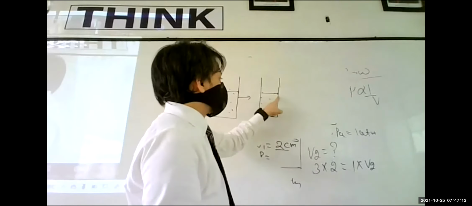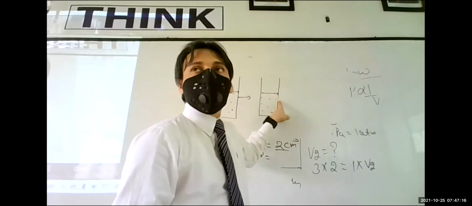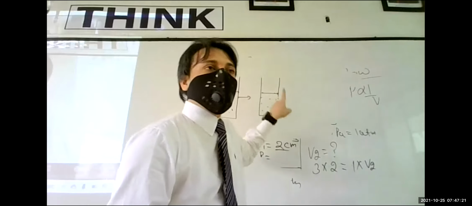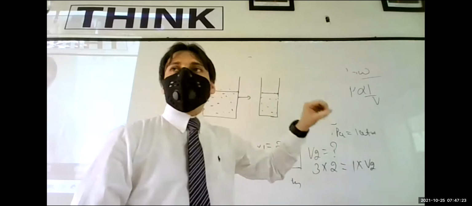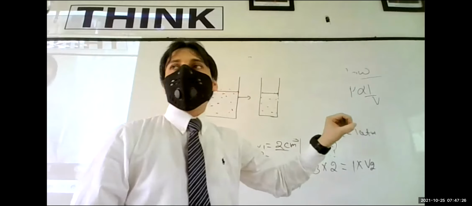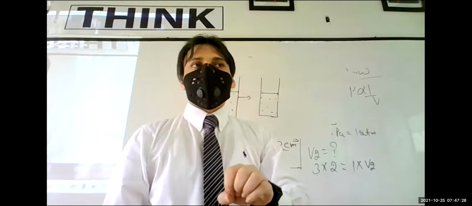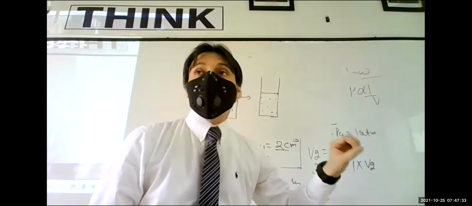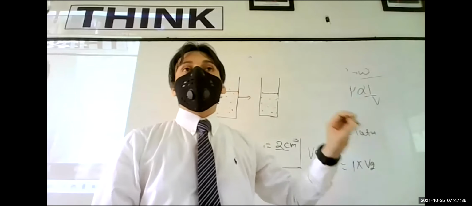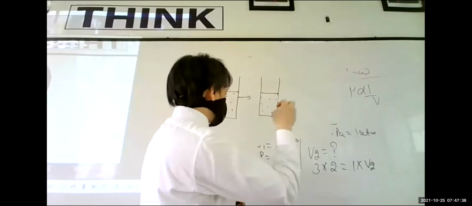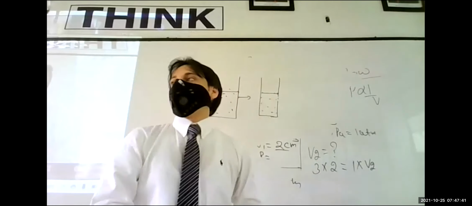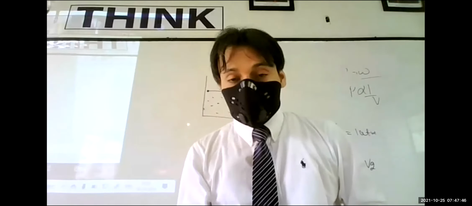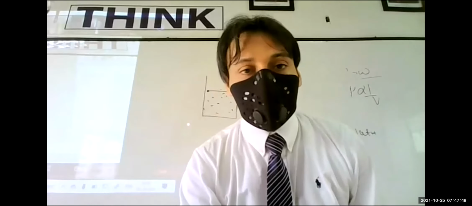When it collides, a force acts on the area of the wall, force divided by area, pressure. Every time the gas particle strikes the wall, it exerts a pressure. The speed is not changing here, the speed is the same, but the collisions became frequent. Continually they are colliding, and that will exert more pressure on the walls, and that's why you can say that the pressure of the gas will increase in this case.